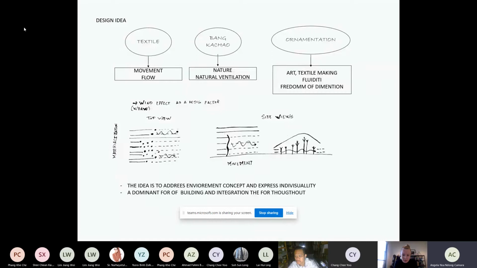So based on these things, I try to develop my new cultural center. The idea, as I mentioned before, is to express the environmental concept and express individuality and dominance of a building, and integration throughout.